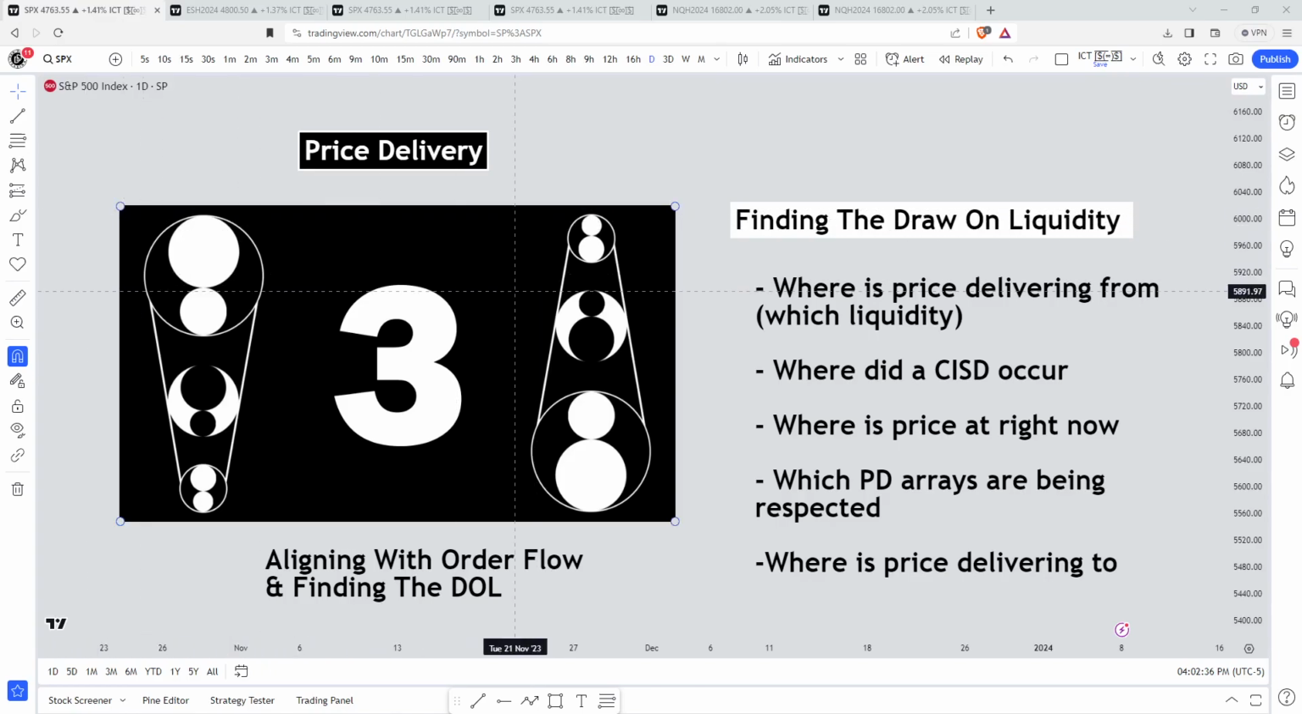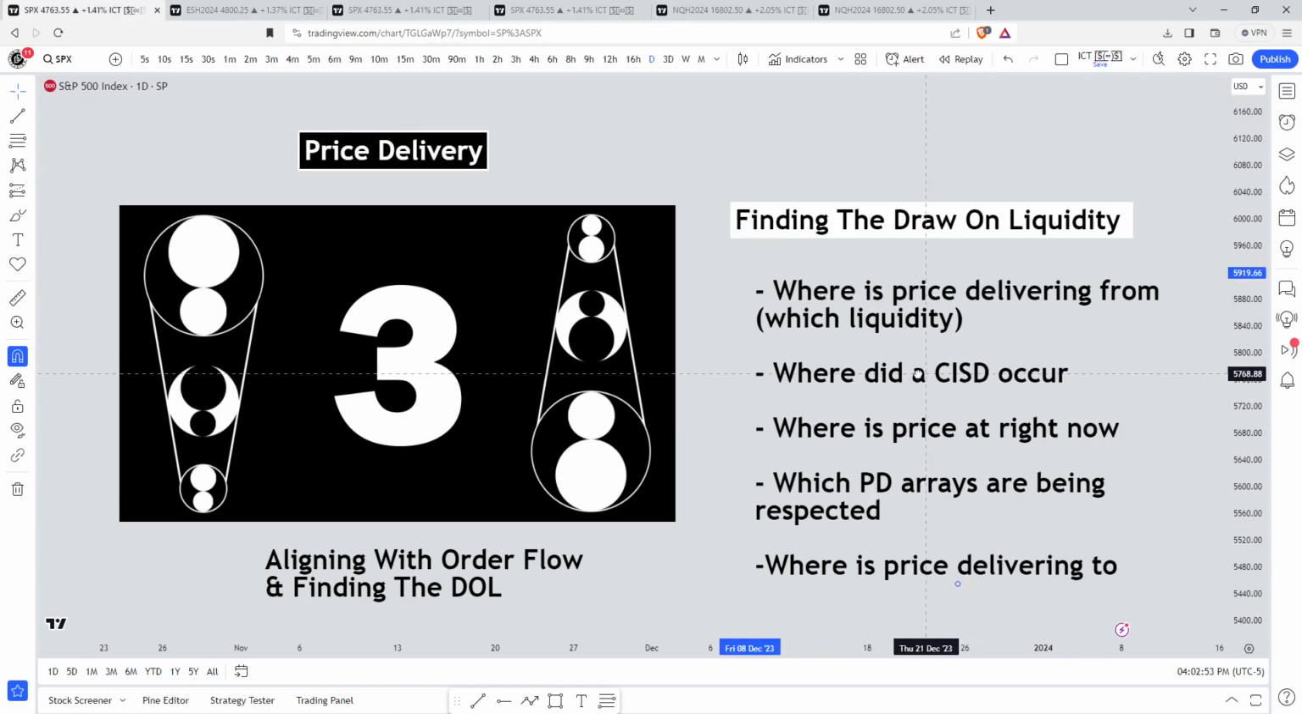So I like to see, where is price delivering from? Which level of liquidity? Did it take out buy side liquidity and expand lower, or did it take out sell side liquidity and expand higher? If it took out buy side liquidity and expanded lower, where did a change in the state of delivery occur? Or where did a bearish order block form? Or the opposite. If it took out sell side liquidity and expanded higher, did a bullish change in the state